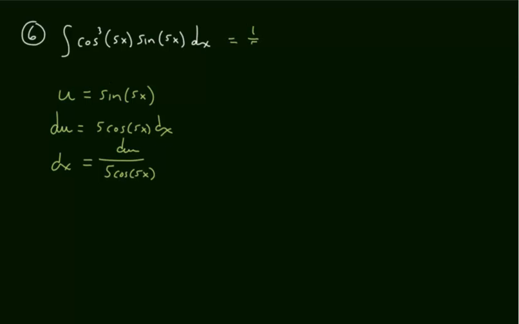So I can pull out a 1/5 again. Then I have, well, look at this, I have the cosine cubed of 5x. Then I have the u for the sine of 5x, and then dx would be du over